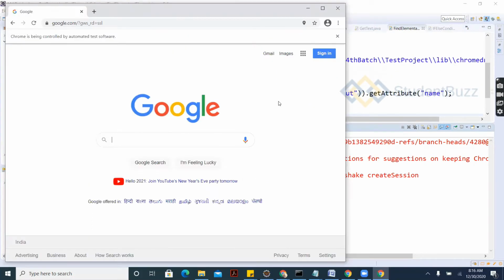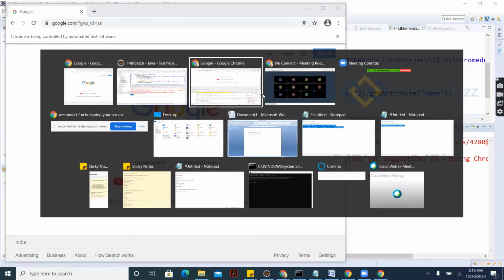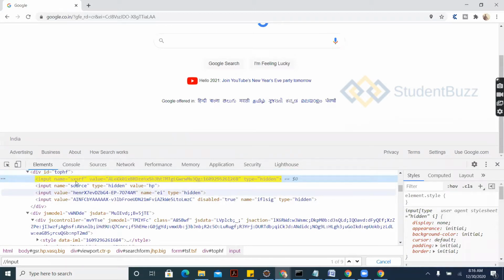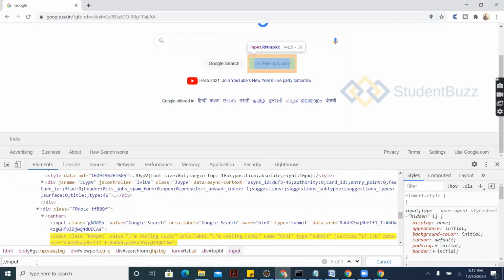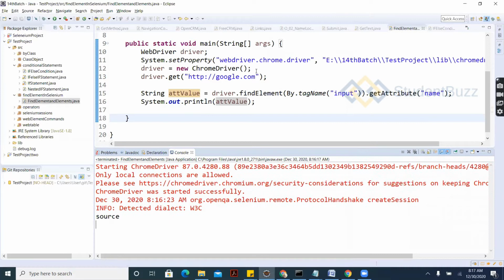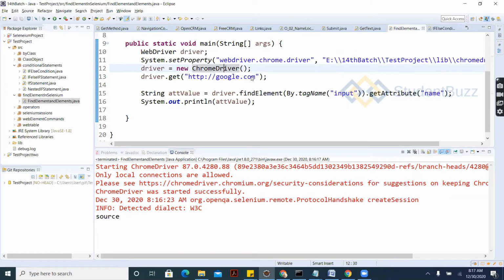Let's go back and see on the page. It returned this element. Instead of this, it returned this source. It is not the first element, right? It has to return the first element. Let's run it once again. Is it the first DOM element? It is returning this second one here. Let's give a kind of XPath.